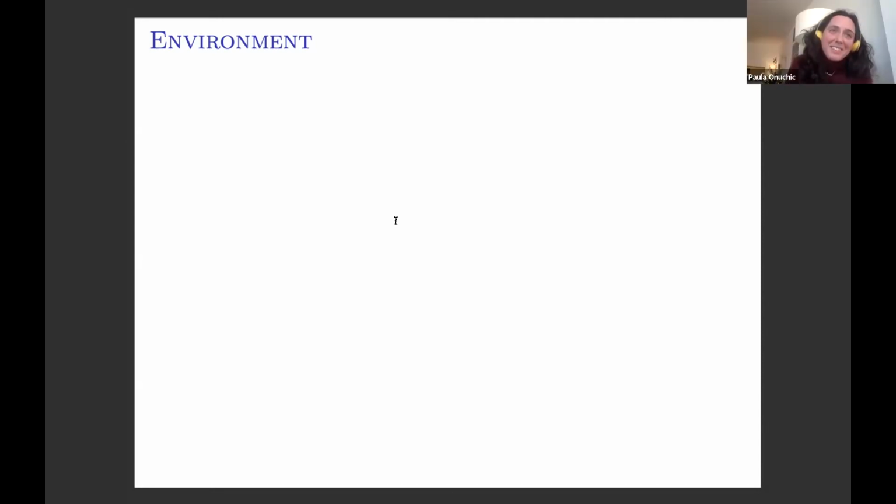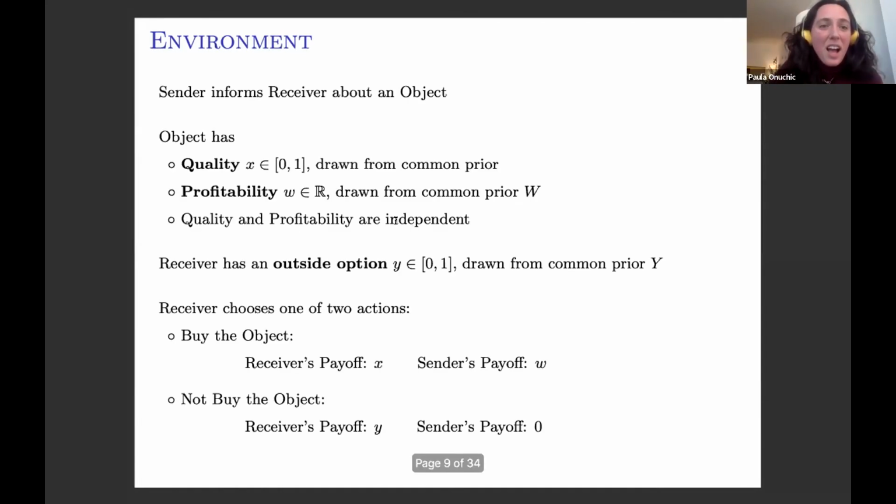So in that sense, you can think that there's this flavor of dynamics in my model through this commitment assumption. But of course, I don't actually explicitly model the reputation building here, although I do have some things to say about it. I'm happy to talk about it at some point. Great. Okay, let me tell you what my model is.